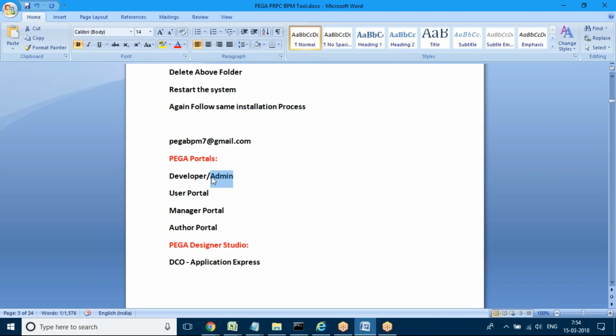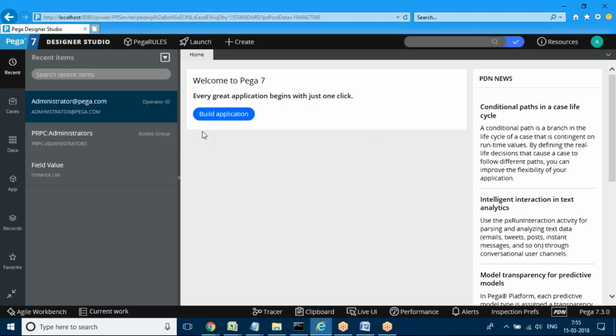Mainly it's a developer portal, as the admin part is generated by default and a few things will be created by the developer only. There will not be a separate admin team in Pega. That is also a task of the developer only. So this entire platform we call the developer portal.